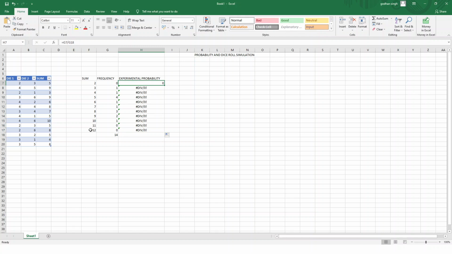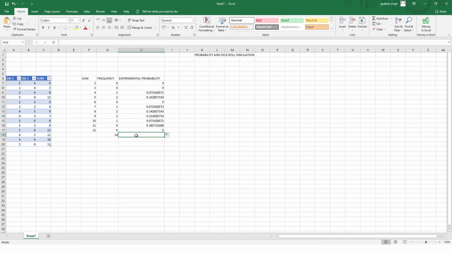We'll fix the cell where 14 is there, that is G18. So we'll just put a dollar before that, that will fix the cell where 14 is there. Now we have fixed it. So let us try this time again. We'll drag it, and you can see that all have changed, and let us see whether it's correct or not.